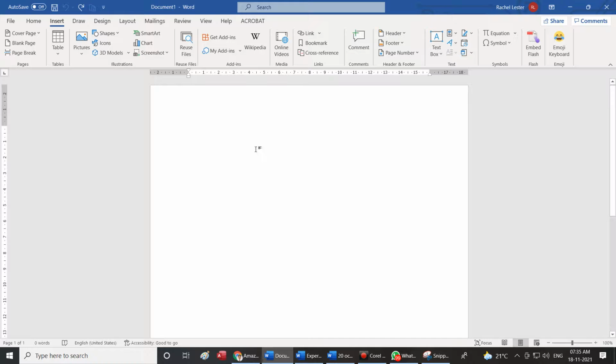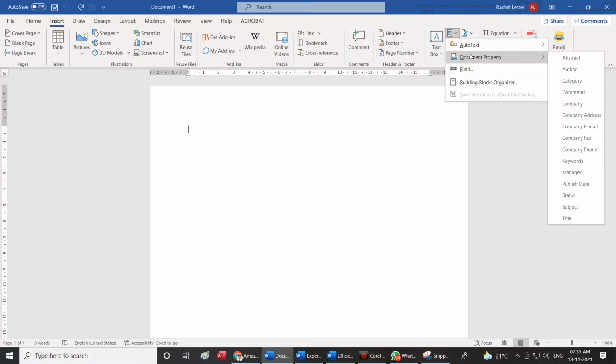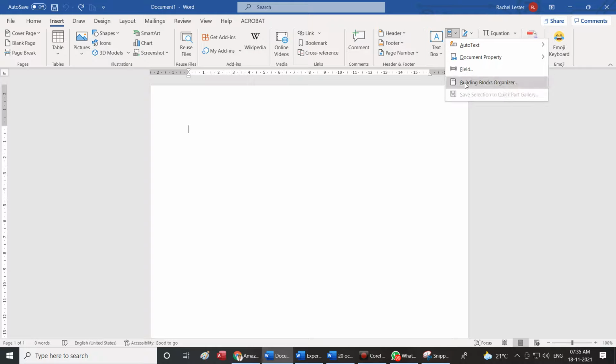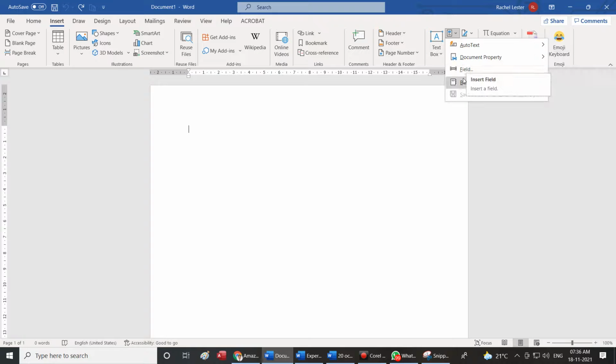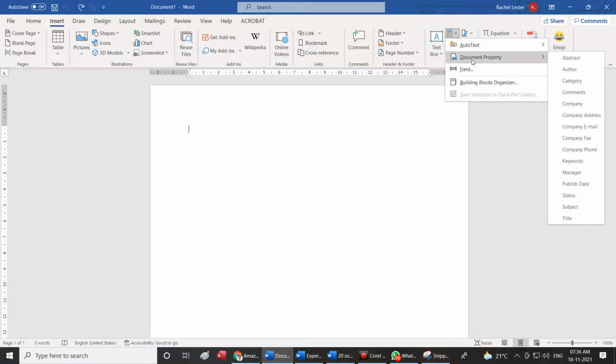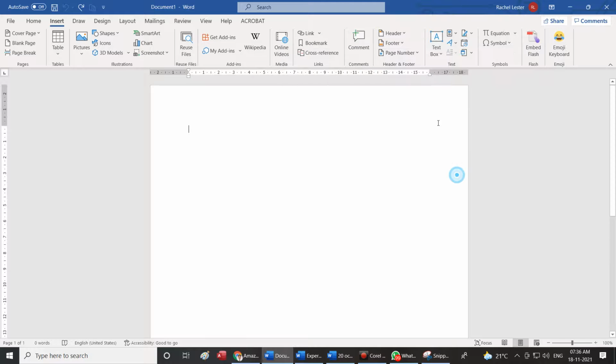Okay, now we will go for another option, exploring quick parts. Please make a note of it. Exploring quick parts. See, we saw this auto text, document property, field, building blocks. All these were there in our header and footer options also, so we will not go back here again. Inserting the field, inserting document property, inserting auto text. Not only in header and footer, what did we say? You could also insert all this in various other places.